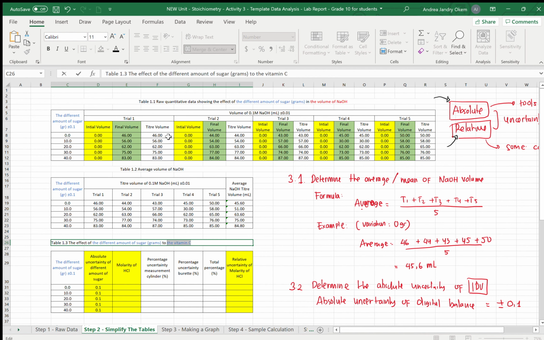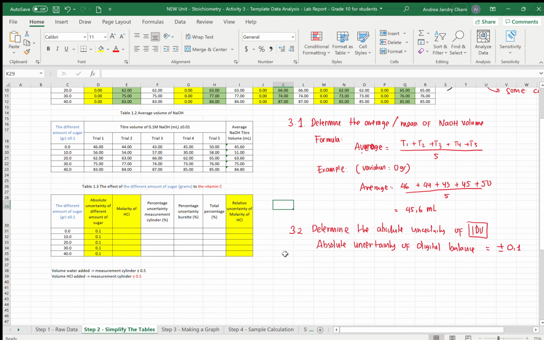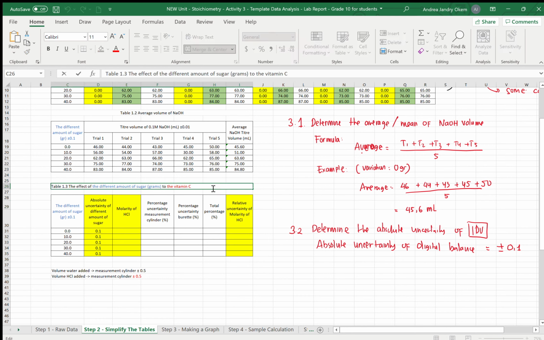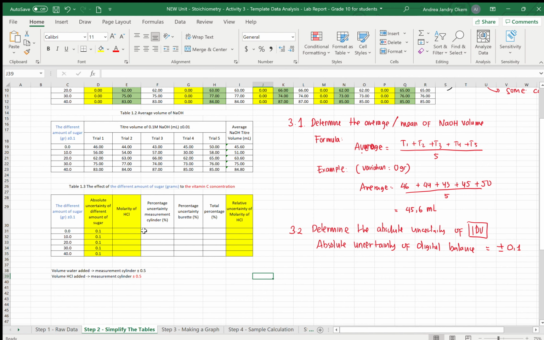Remember, in this table, because we are going to measure the concentration, we don't need to put the NaOH, but we can put directly our actual dependent variable. So that's the third column, molarity of hydrochloric acid. Now, this one we need to change, not hydrochloric acid, but vitamin C. Concentration and molarity are equal.